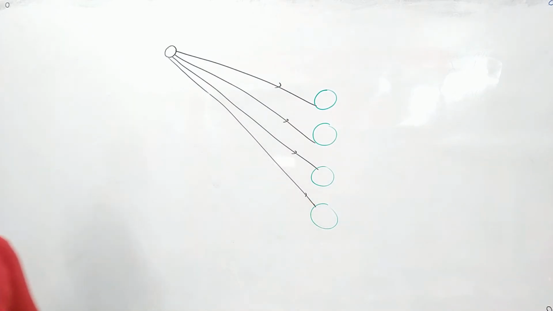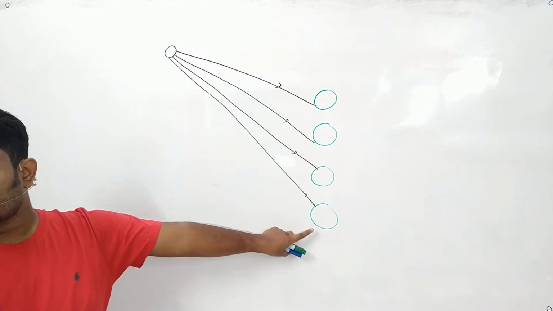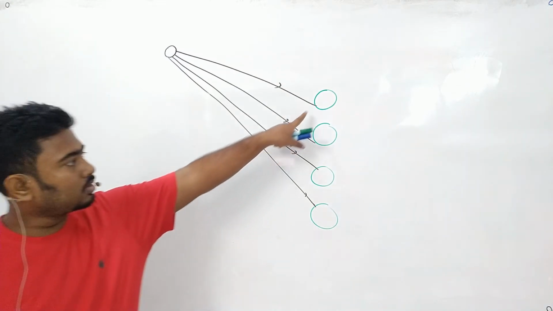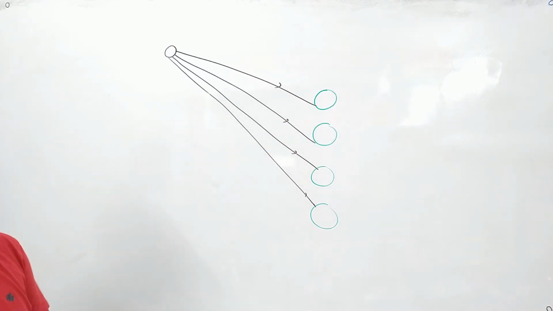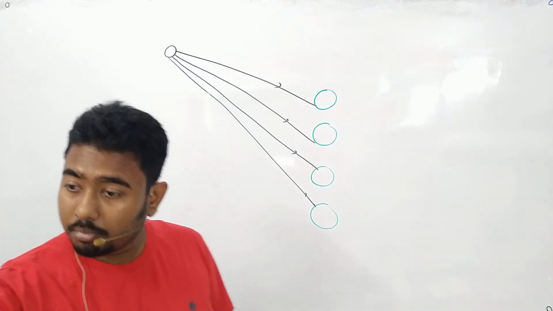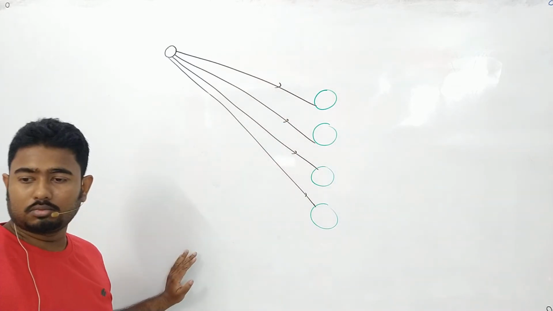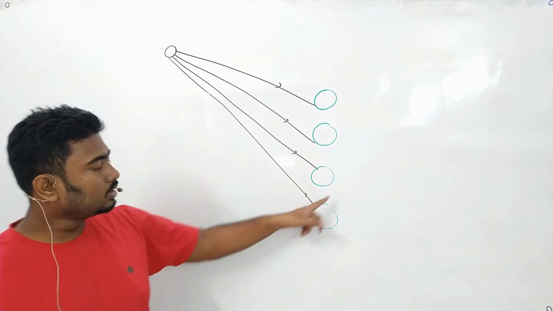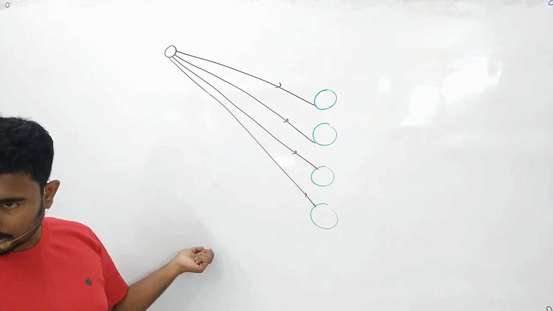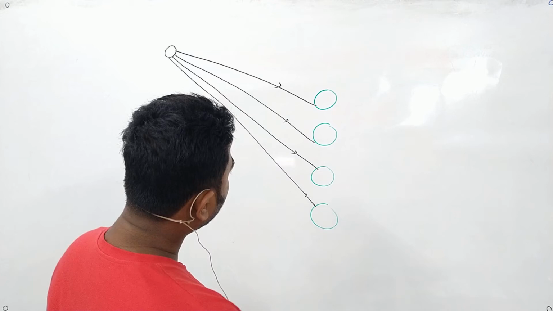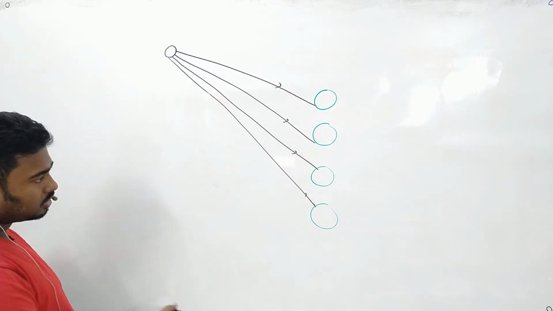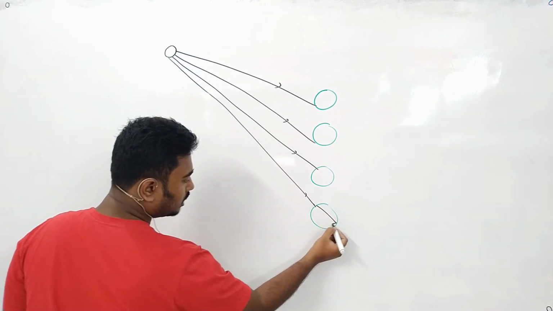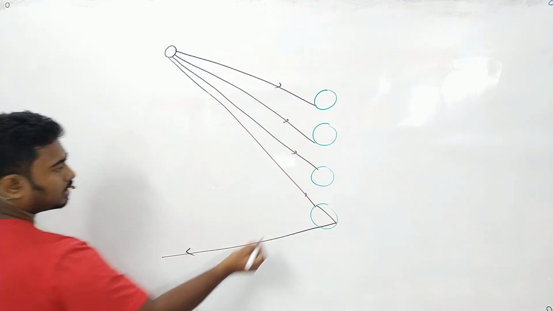Okay, now what do we see when they fall at the top portion? What do we see? It passes from the bottom, right? And if they fall on the bottom portion, it also passes to the bottom. But remember, the one that you have drawn in the bottom portion is more slanting down, right? See, the previous image is more slanting down, and the one in the top portion is less slanting down, right? That means I can say that if it happens like this, they will cross and they will come like this.